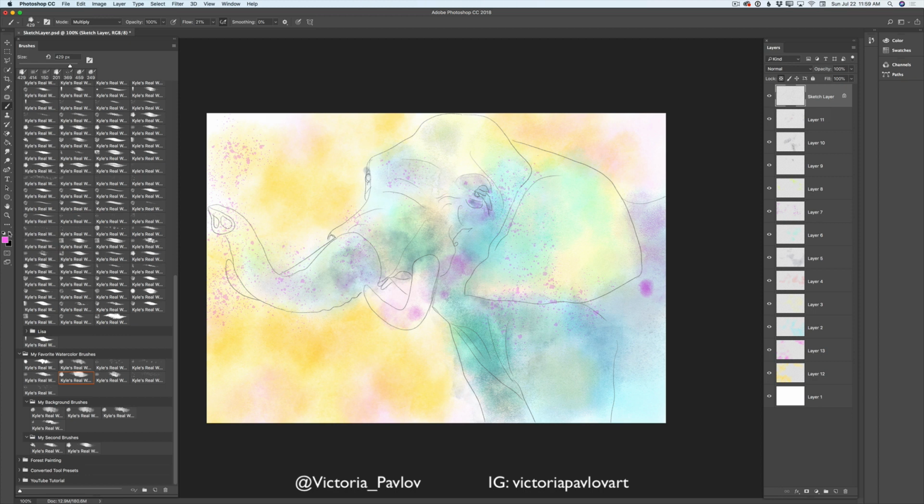I will switch to black color using the same paintbrush. I will make my sketch more visible. Just edges of my sketch. How amazing is it, guys? Just like this. And voila, guys,